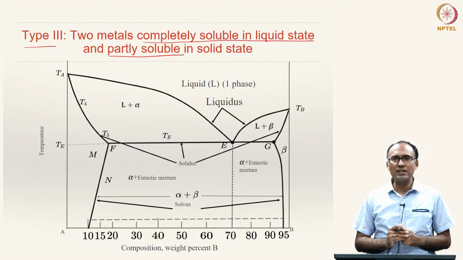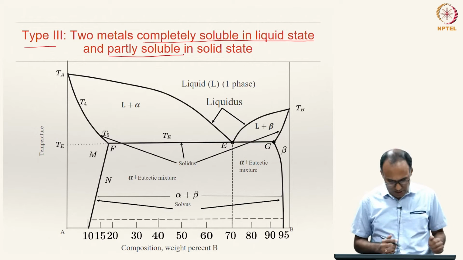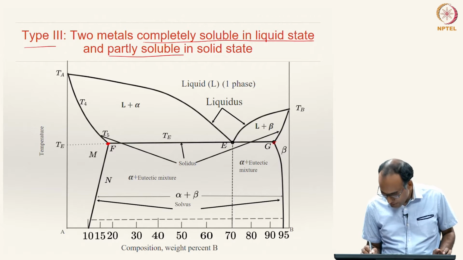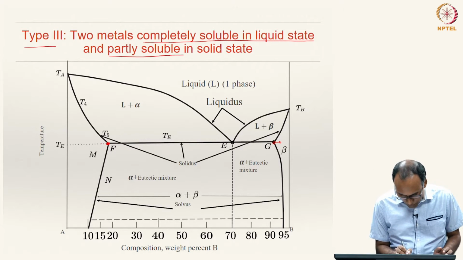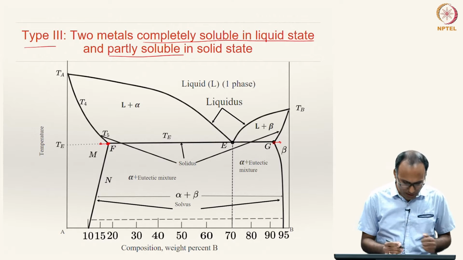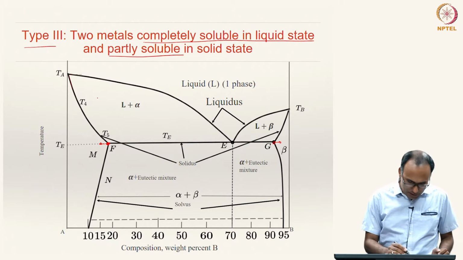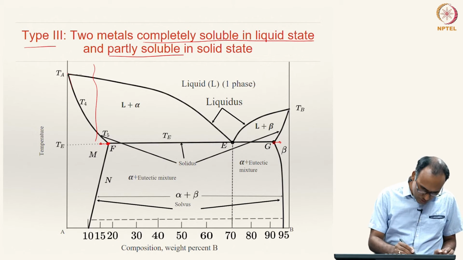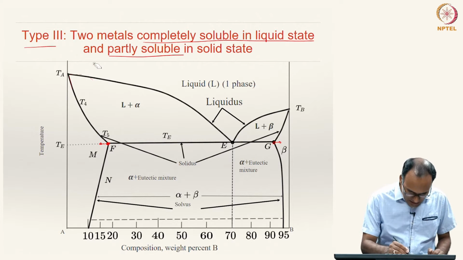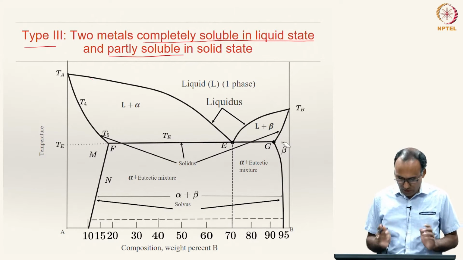The type 2 alloy is a special case of this phase diagram. For instance, if you look at this phase diagram and move point G towards the right and point F towards the left, then it looks exactly like our phase diagram of the type 2 alloy. Otherwise, if you look at the liquidus line and this is our solidus line, in this region it looks like your isomorphous alloys, where they will meet at some other point. So, this situation is somewhere in between the type 1 and type 2 alloys that we are seeing here.